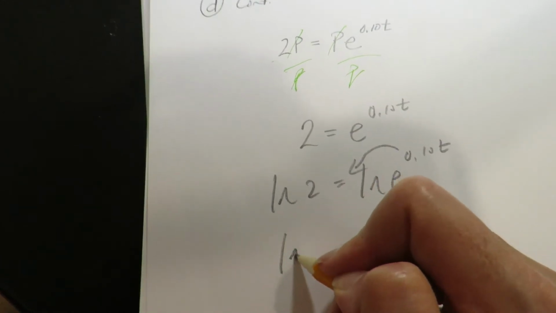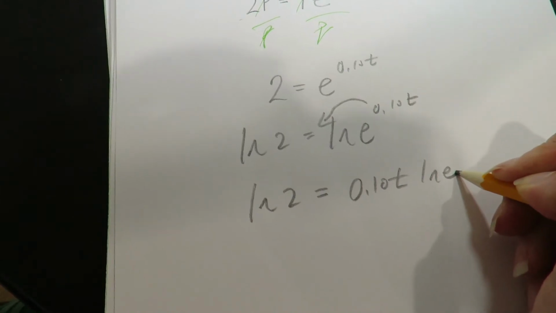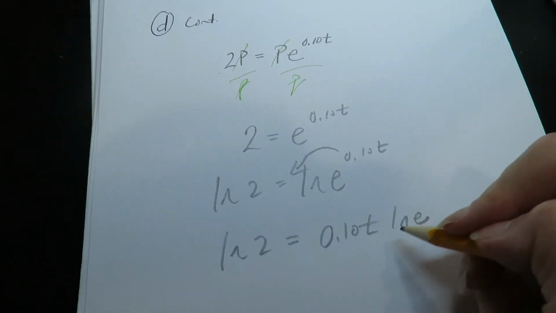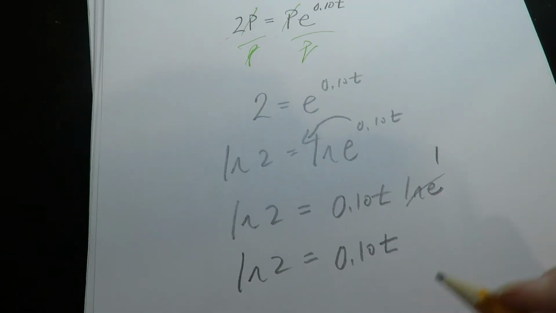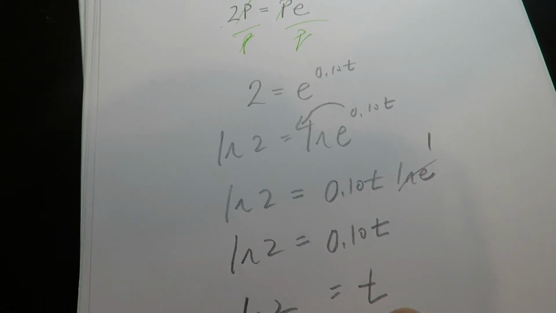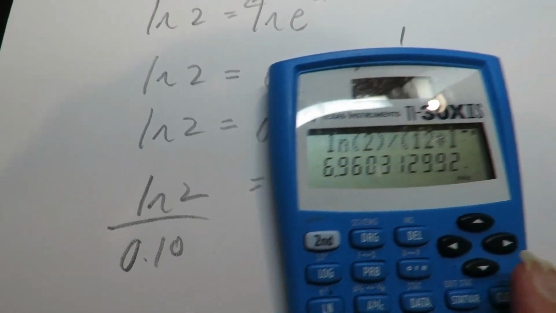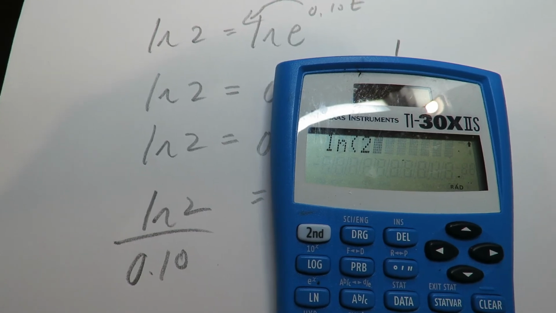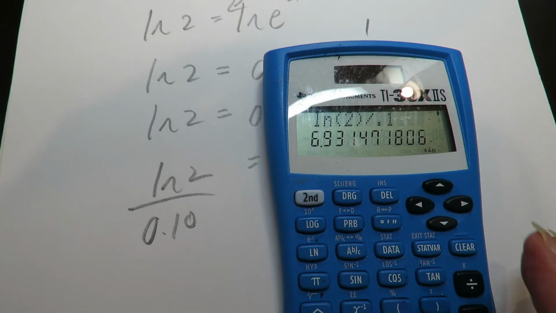Bring the exponent down. Okay, ln of e, we know what that is, right? We know that that is equal to 1. All right, now we're going to divide off the 0.10. And as I've said to you guys a bunch of times, but I'll keep saying it, don't forget that you got to close it on the 2. So you're going to do ln of 2. You got to close it and then divide by the 0.10 or 0.1, however you want to write it, and that's 6.9